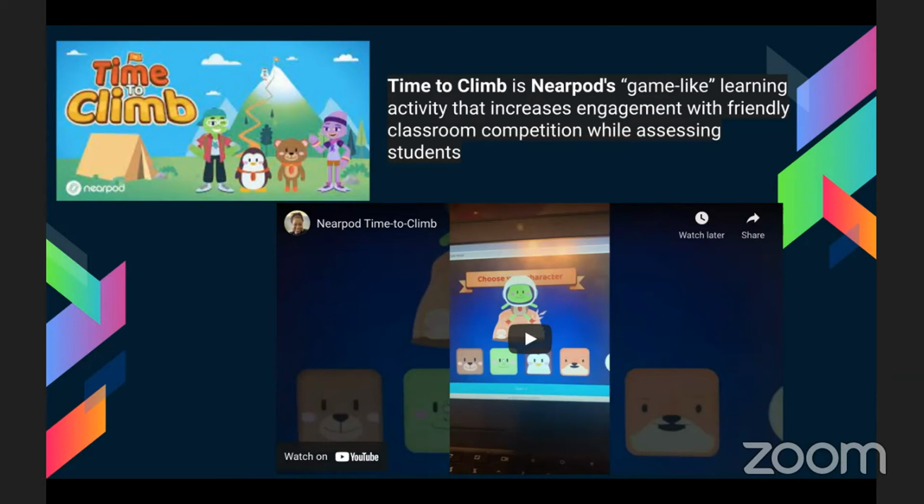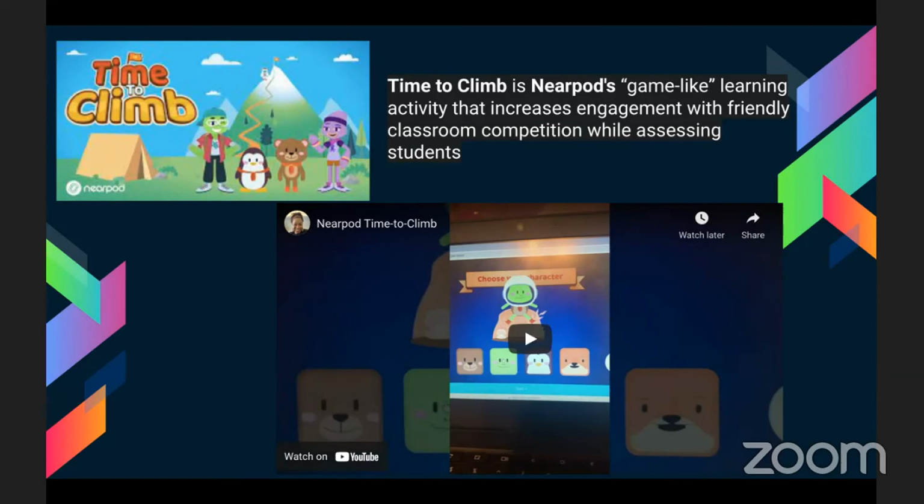So what it allows you to do, the teacher is going to make questions and the students are going to answer those questions, okay? The students are going to answer the questions. And then from there, as the students get them right or wrong, their little character is going to move up a little wall, up a little hill, to be exact. And they're going to just kind of move forward.